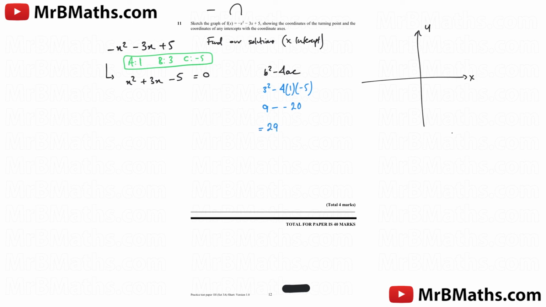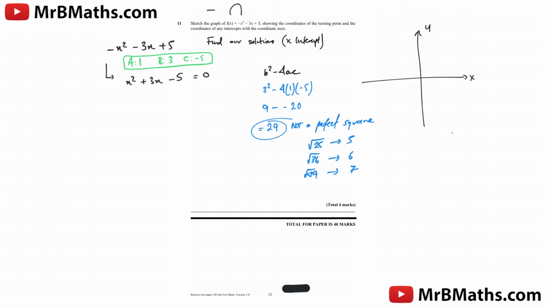Now 29 is not a perfect square. And what is a perfect square? Well, a perfect square example would be 25. So root 25 would give us 5. Another perfect square example would be root 36, which would give us 6, and so on. You have root 49, which would give us 7. So because this number here is not a perfect square, it means we can't factor it, therefore we have to use